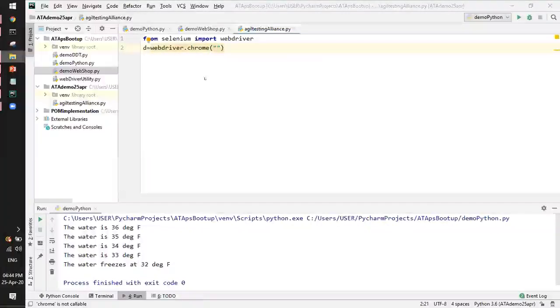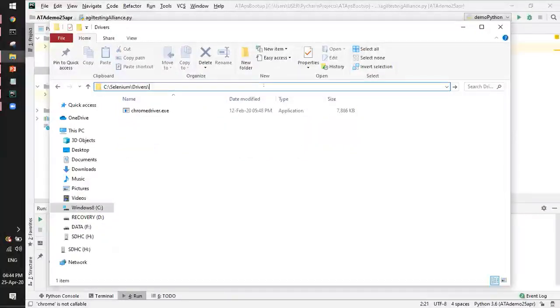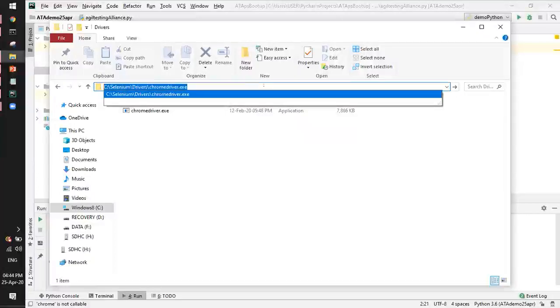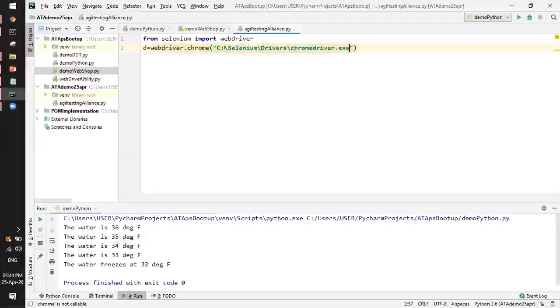I've kept my Chrome driver in this particular path. Just going to copy that path. This Chrome driver is compatible with my Chrome version. In Python we can do one thing: at times the path is not properly understood by the IDE. So to make it raw data, I can enter a small r before the value inside the double quotes, so that Python will translate that value into raw data and it can be realized appropriately.